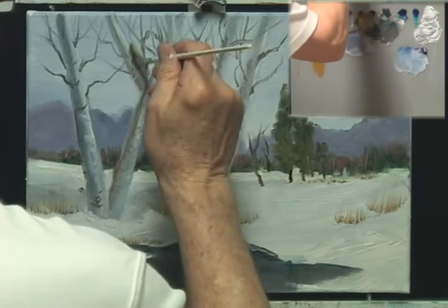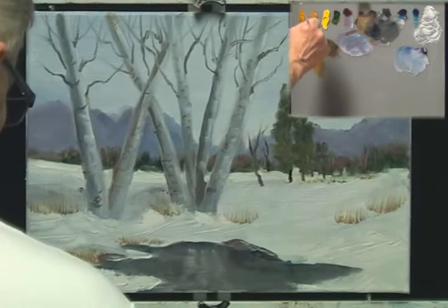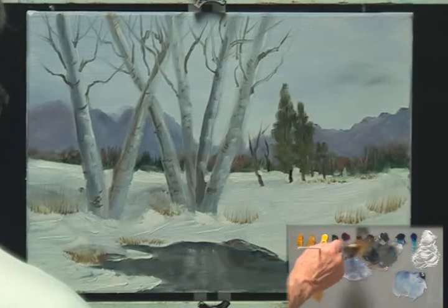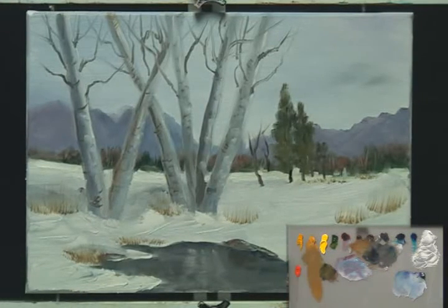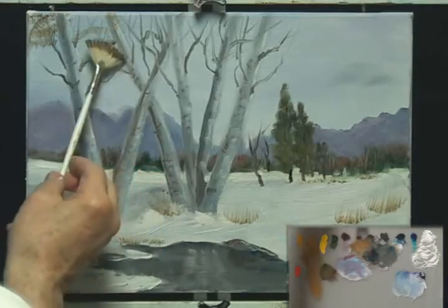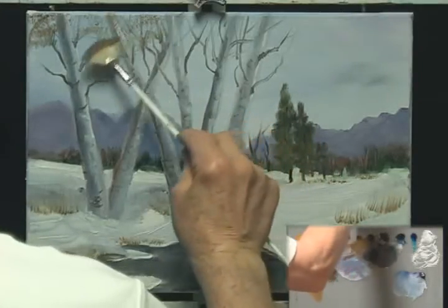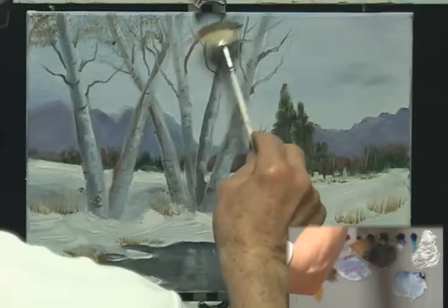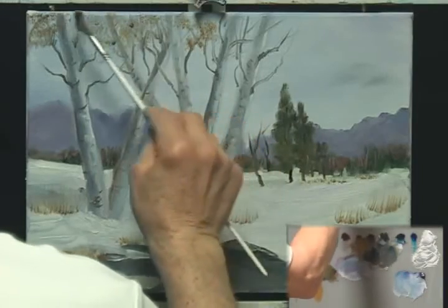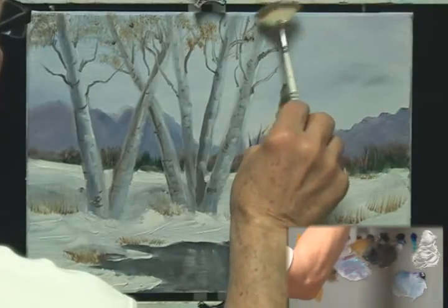I think I'm going to stop. Oh, I didn't put some leaves and things in these trees. So I'm going to use this fan brush again while I've got it before I quit, and just sort of tap in a few things. Let these look like there might be some leaves still hanging on these trees. Just sort of pull it together. Use the edge, use the top, change the color. I've got 2 or 3 colors in this brush. So as I pop it on there, sometimes it's real dark brown, sometimes it's...